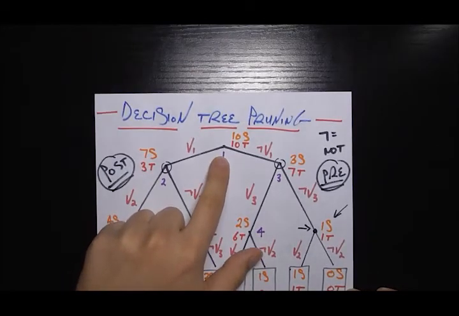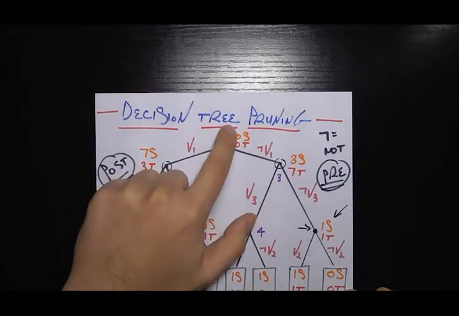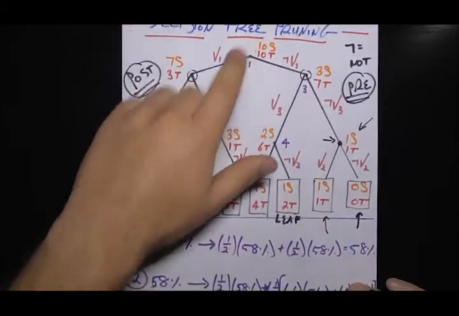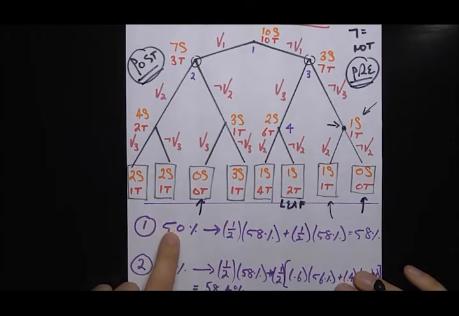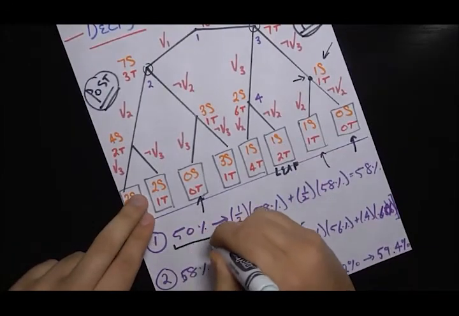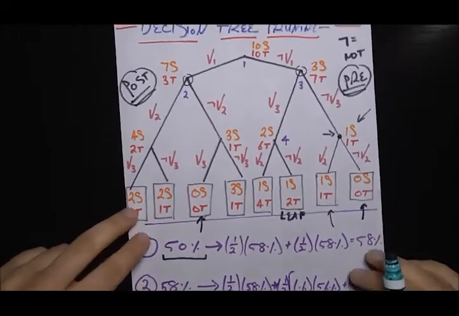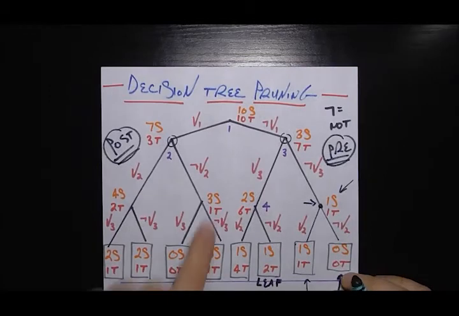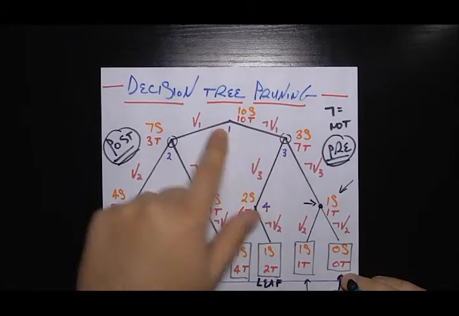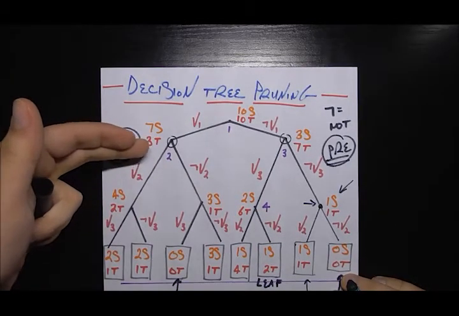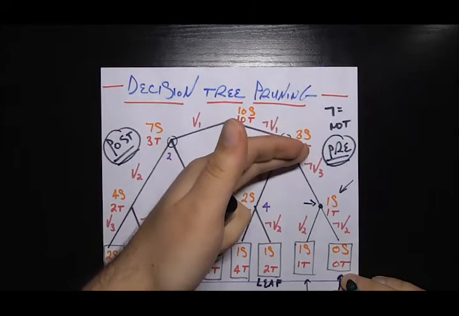Right here, before we do anything to the decision tree, we have 10 salmon and 10 tuna. So that we have basically a 50% chance of getting it correct if we just guess blindly, right? Now, let's go ahead and look at what happens if we decide to split on 1. Here we would have 7 salmon and we have 3 tuna.